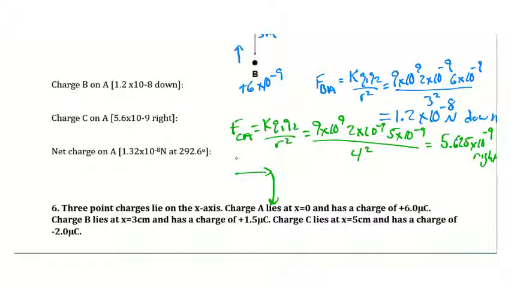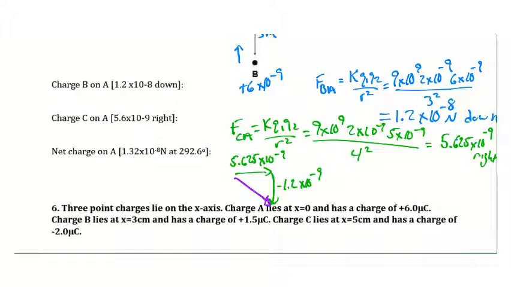So what you can do, you're going to go right and then down. And so our right is 5.625 times 10 to the -9. Our down, remember down you have to make a negative in vectors, 1.2 times 10 to the -9. And we need to find the hypotenuse and we need to find the direction. So the hypotenuse, you're just going to use Pythagorean theorem. So plug that into your calculator. So 5.625 times 10 to the -9 squared plus 1.2 times 10 to the negative